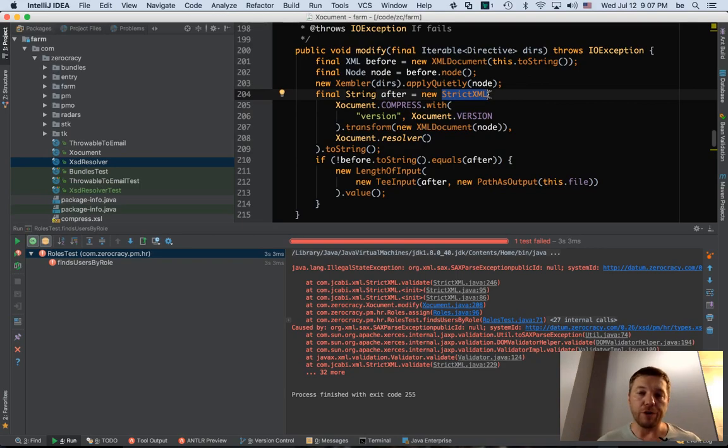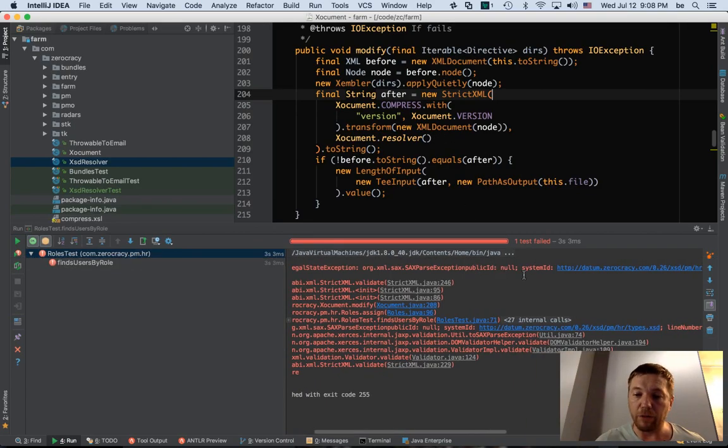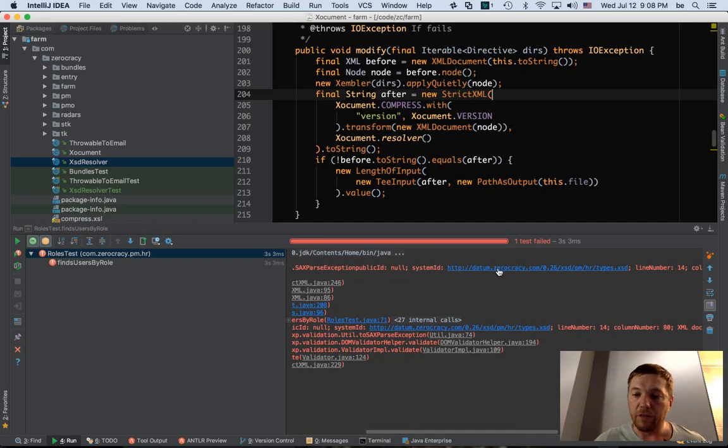So it makes sure that the actual document complies to the schema. The exception I'm getting here says something is wrong with this file.